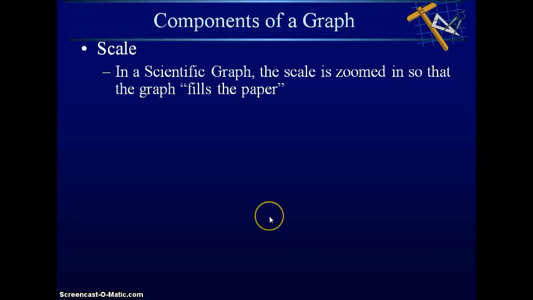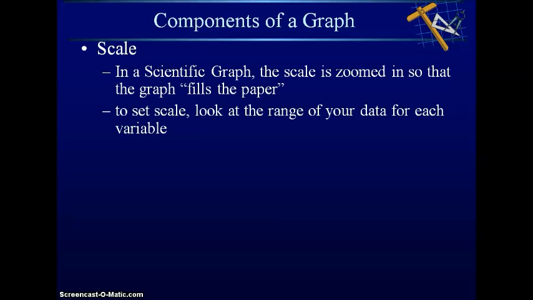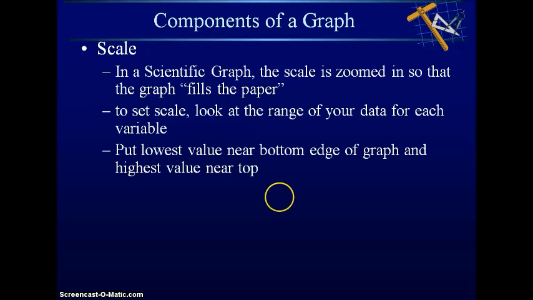Finally, the last and probably the most difficult thing when you're setting up a good scientific graph is the scale. We are interested in a specific range of data, and we want to look carefully at the pattern. So we want a scale that is zoomed in so that our graph fills the paper. And this is the most troublesome thing when you're doing it by hand, because you want to make sure that the range that you have data for is actually what you're setting up